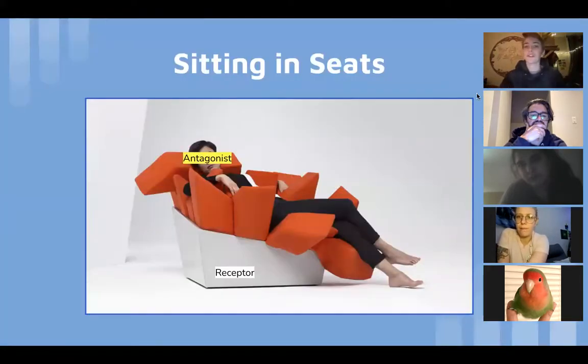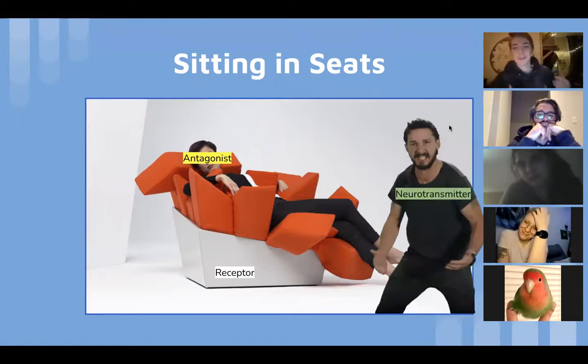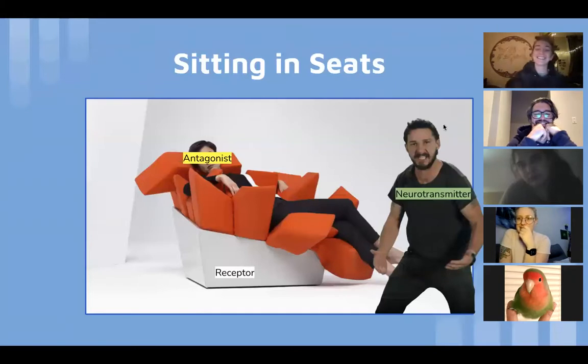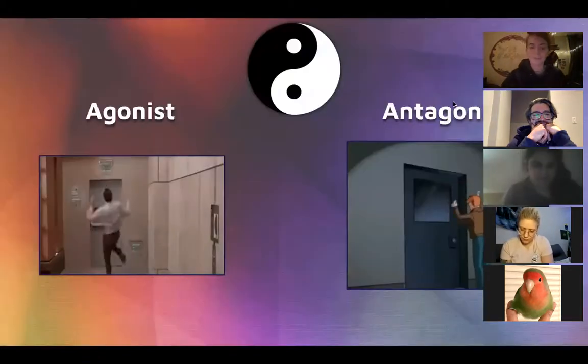So just an example of what this might look like. If something is an antagonist, let's say this is a serotonin antagonist, which is not seen that often, honestly, then it might plug itself up in the receptor, and the neurotransmitter comes along and tries to squeeze itself into it, and it can't, and that's awful, and we're so upset about it. So that's an example of an antagonist in one way that it might work. So the neurotransmitter is like, I want nothing more than to squeeze myself into this lock and turn it and open and let the signal through. But the antagonist is sitting there looking queenly and won't allow it.